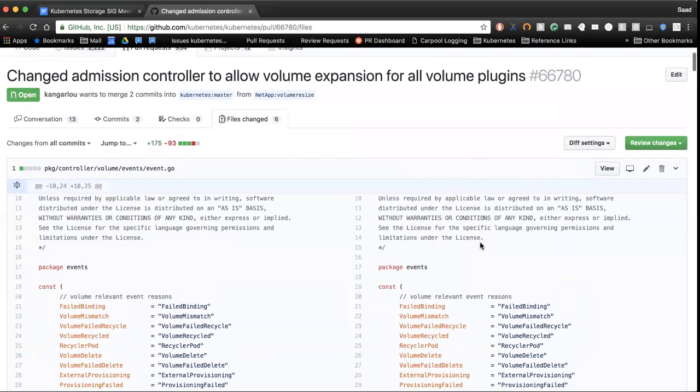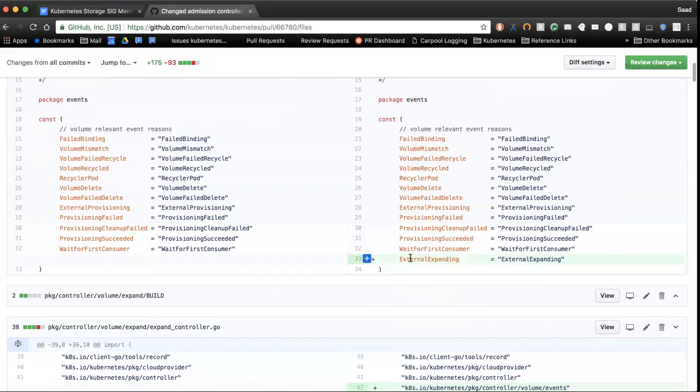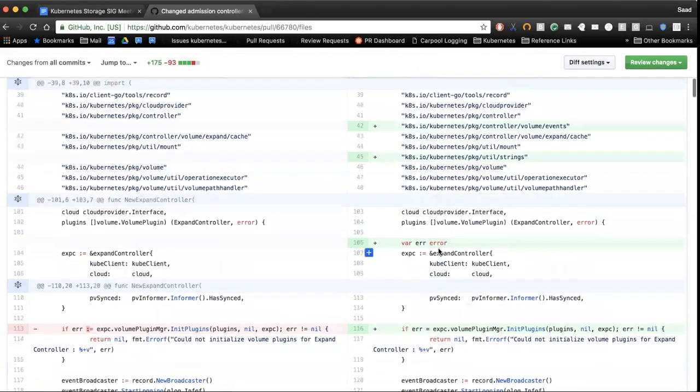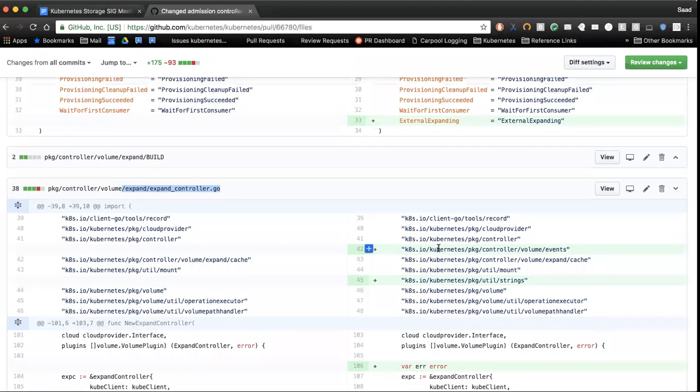Well, in this case, it gets detected by the admission controller, but the admission controller just doesn't reject it. It just allows it to go through, which gets detected by the expand controller. Or in the case of external controllers, it will get detected by the external controller, so they can act on it. So in the case of, for example, snapshots,